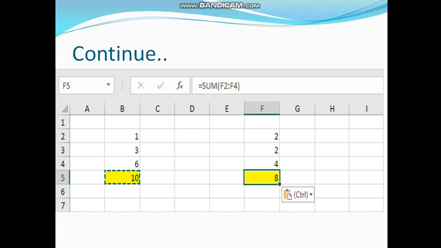By selecting the All option, you can see that the formula is also pasted and it has calculated the sum of these cells, 4 plus 2 plus 2, 8. And the format, like it is highlighted yellow, this cell is also highlighted yellow. Okay, it has copied everything by selecting the All option.